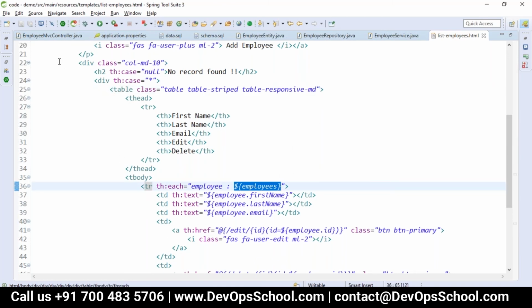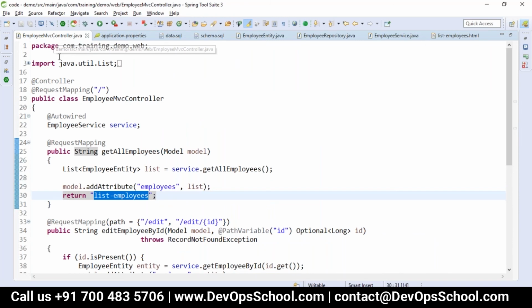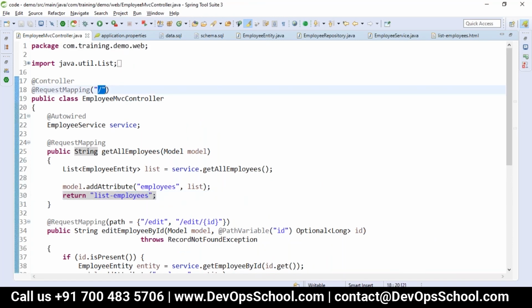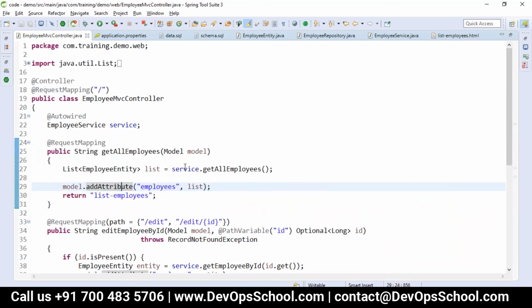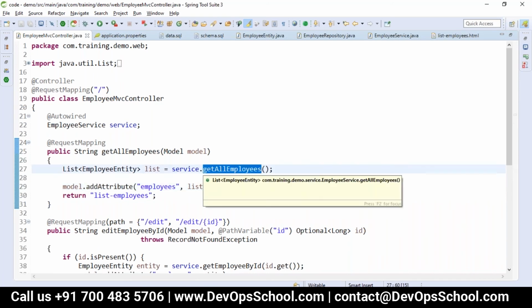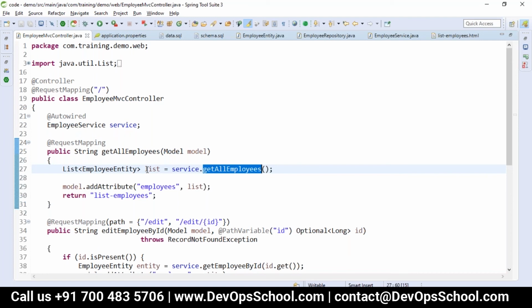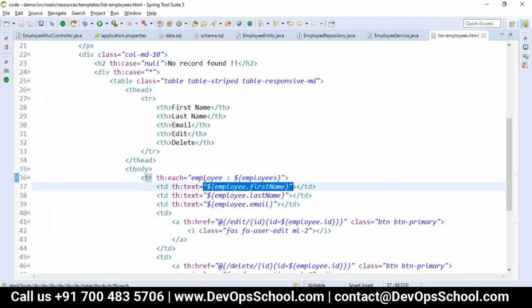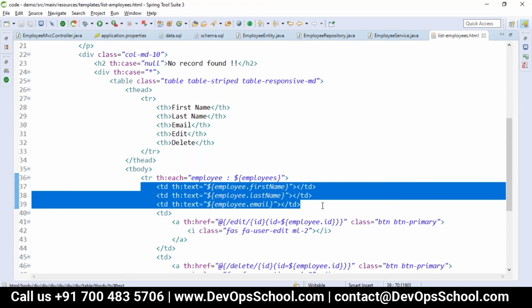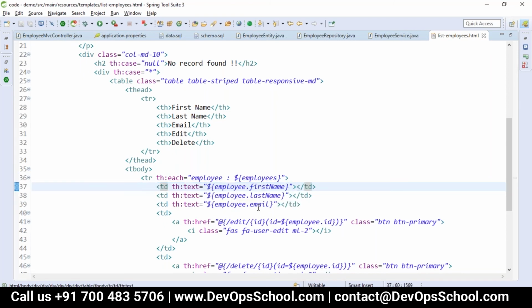But how will it reach this position? In the employee MVC controller, when you send the request mapping of slash, this method will be called, and here it will get all the employees from your service, and the service will get from your repository, and the repository will get from your database. It will store the data in the variable called employees. That employees will come here, and is stored in employee, and this code I already explained to you in the notepad. So it is employee.firstName, lastName, email, and we have to send the ID to